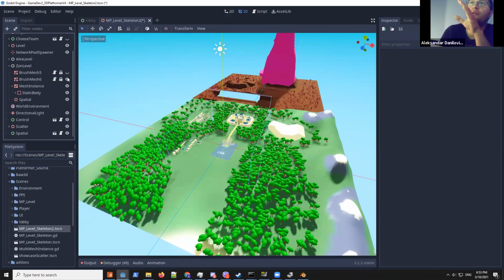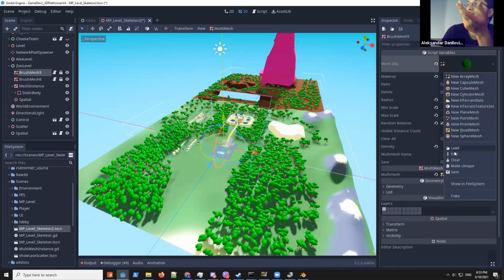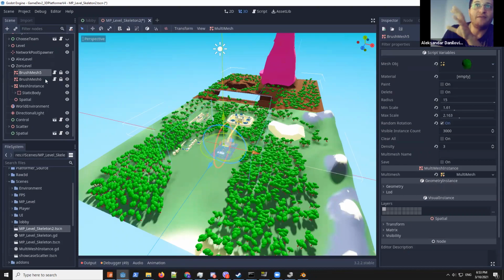That's the high poly version of the multi-mesh using the brush mesh plugin. It's a really cool plugin that runs on top of the multi-mesh node type. So all I really need to do is copy these and then replace these meshes with a lower version, which I don't yet have. But when I do, I replace them, and then I prepare the simple